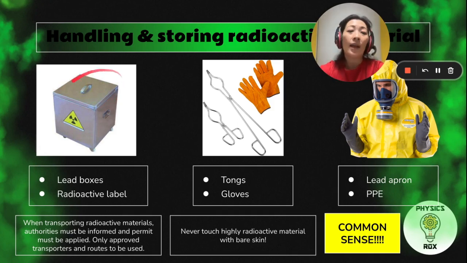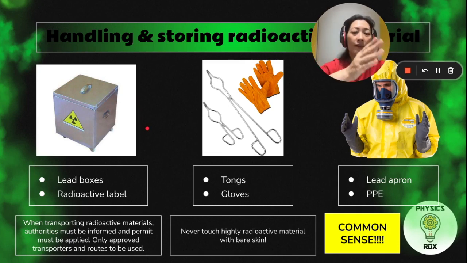So usually we'd have to use a box that's able to contain the most penetrative ionizing radiation. In this case, the most penetrative one is gamma. So to contain gamma, we use lead. Now, even though alpha and beta can be stopped with thinner material, we would still use lead boxes because having a box that can store all radioactive radiation would be much easier than to say, okay, this is reserved for alpha,